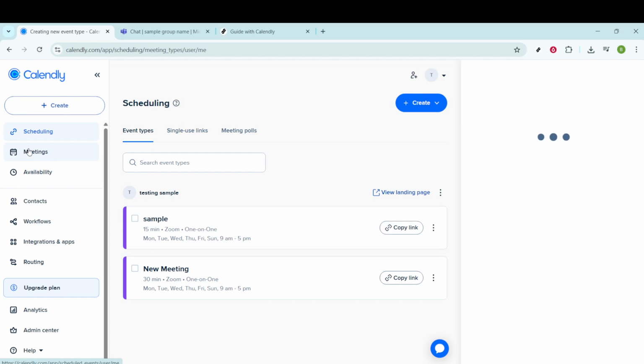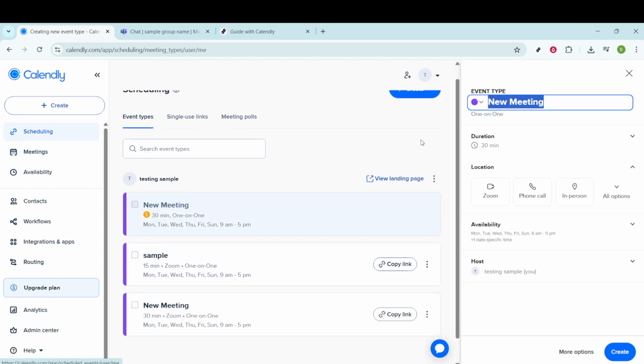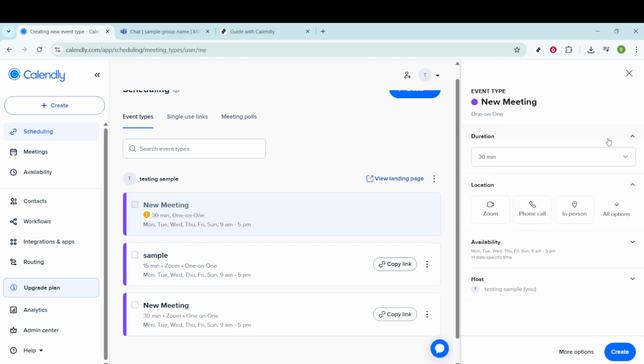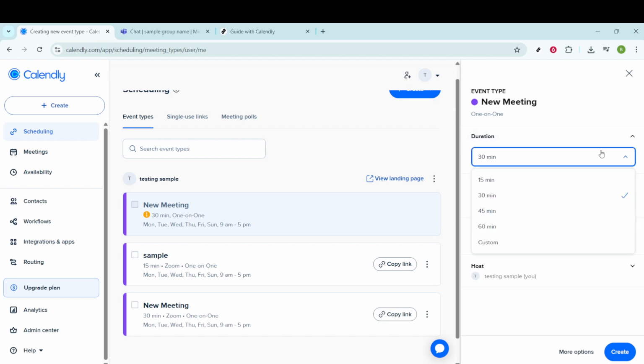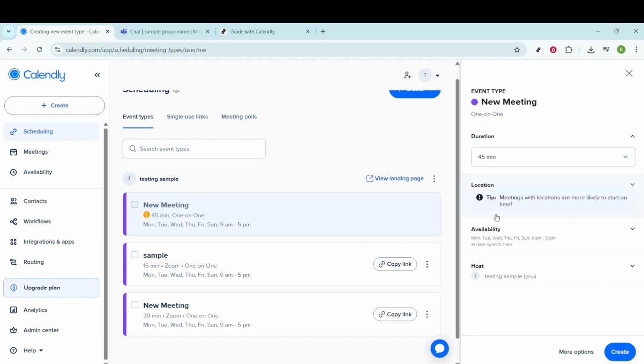After making your selection, a new window will pop up on the left side of your screen. Here, you'll be able to personalize your meeting by giving it a unique name. This name could be anything from consultation to coffee chat, depending on the nature of your appointment. Once you've given your meeting a name, it's time to decide on its duration. Calendly provides flexible options, allowing you to choose anything from a quick 15-minute meeting to an extensive 2-hour discussion, depending